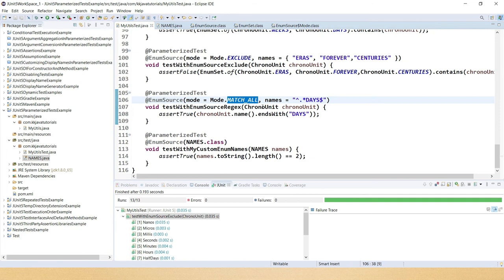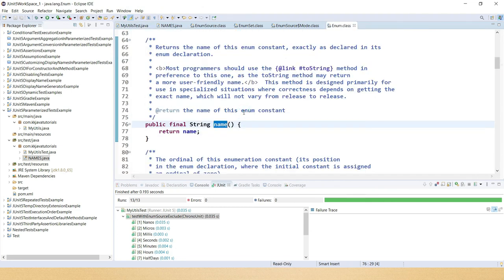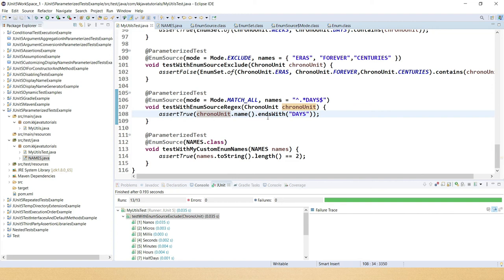Now the next test case I have written is using ChronoUnit itself, but I am using match all. When you use the match all mode, you can specify a regular expression, right? So all the constants available in ChronoUnit matching this regular expression, for those our test case is going to execute. So here we are using assertTrue, and on ChronoUnit I'm just calling the name, which fetches all the constants as a string, and we are checking whether any constant ends with days.